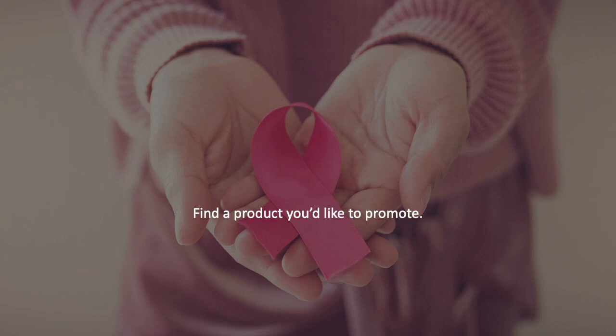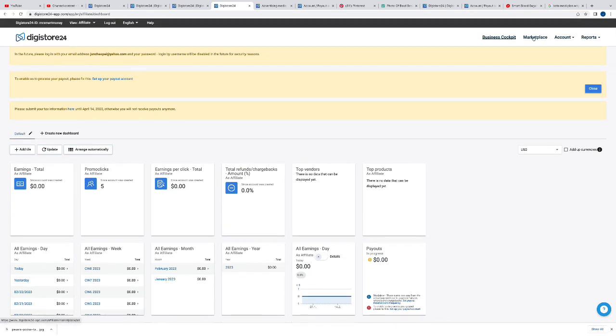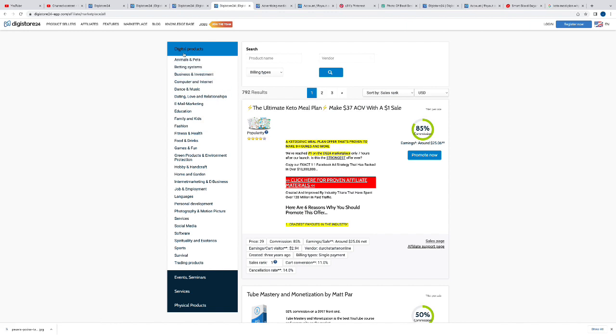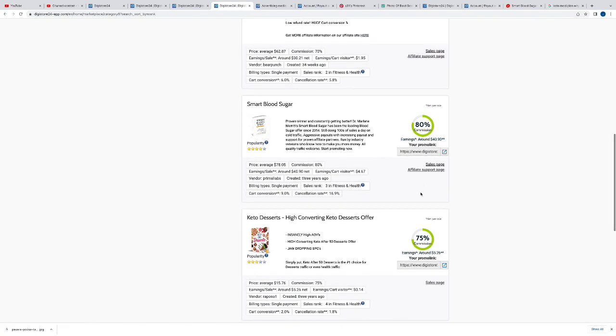Then find a product you'd like to promote in the Digistore24. Inside Digistore24, you can look for Marketplace on the right top corner, right here. Click on that, and you will be given digital products on the left side column. And look for any product you like. Let's say fitness and health as an example. And look for the ones that you haven't given any